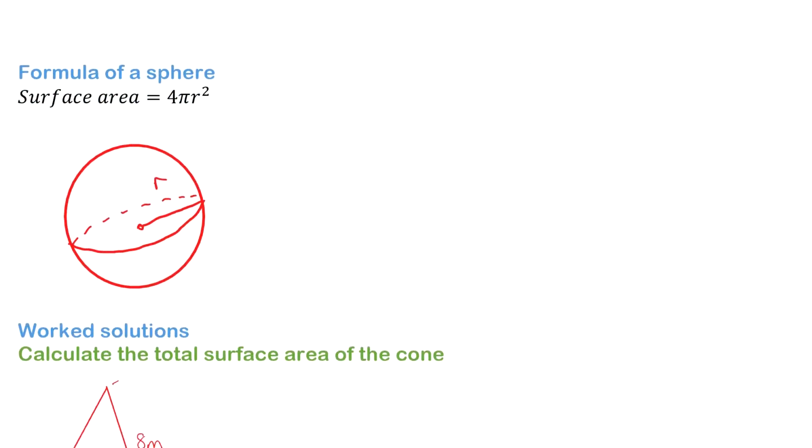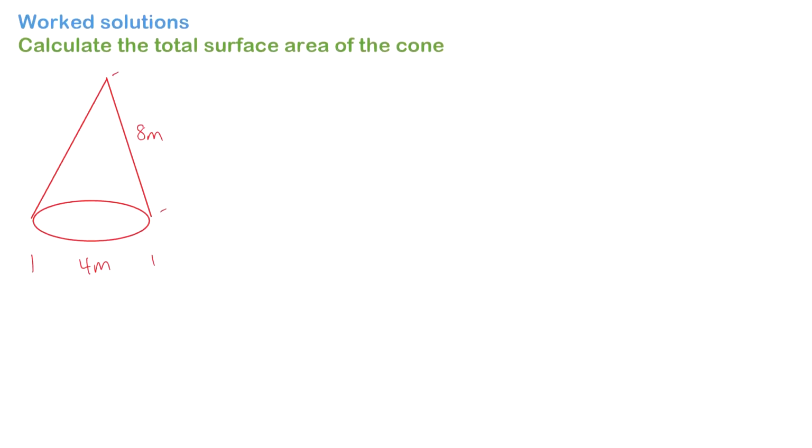Now, the next thing we're going to look at is the formula of a sphere, and its formula is 4 pi r squared when you're trying to find the surface area. Now again, r is just your radius, and it's from the center of the sphere to the edge. So we're going to look at two examples here, and we're going to calculate the total surface area of the